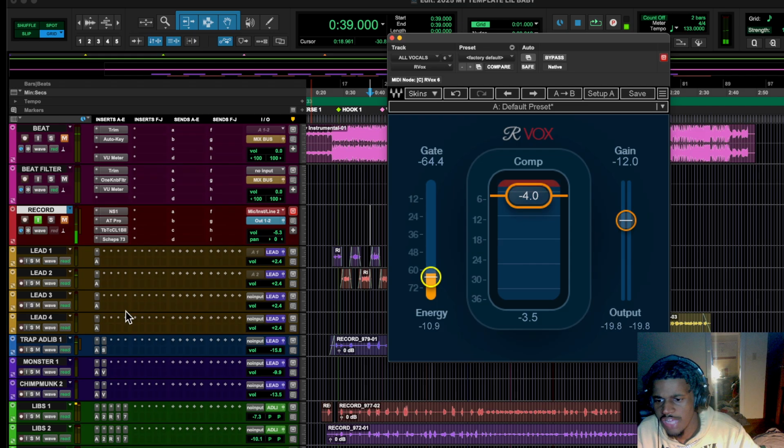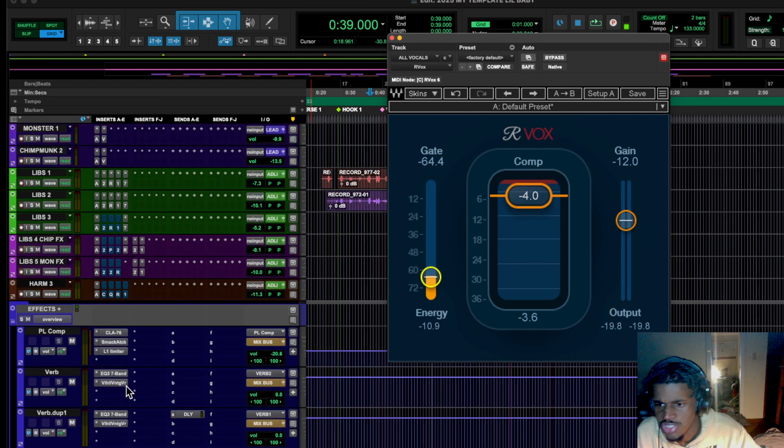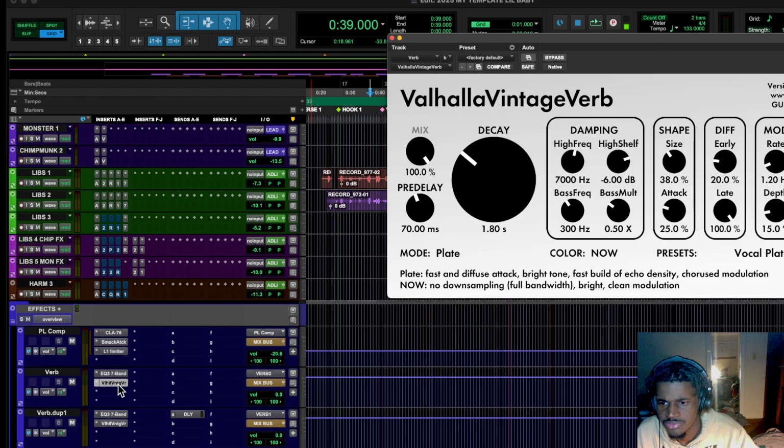And now after that, make sure you pause and screenshot this or just write it down or something. But these are the effects going into the vocal. So we got the reverb. We use Vintage Verb. You can copy these settings to a different reverb plugin like RVerb or something.